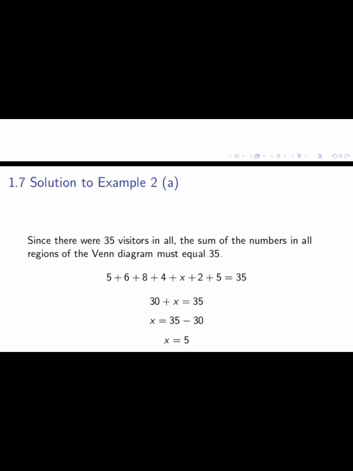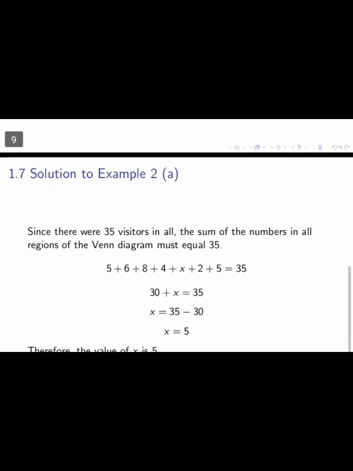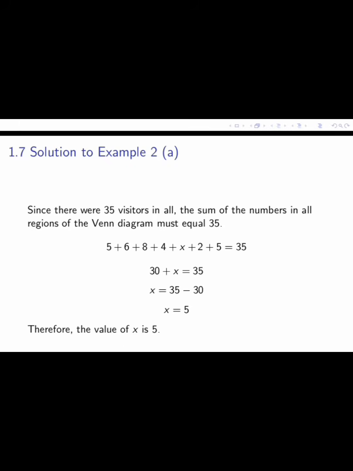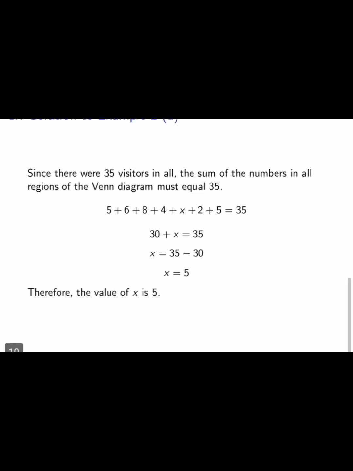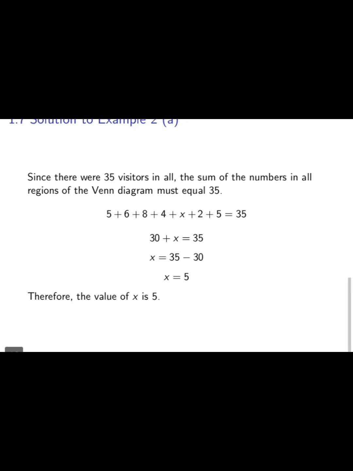If you read the question now, the Venn diagram shows the choice of food of a number of visitors to a canteen. Use the information to answer the following question. If there were 35 visitors, find the value of X. So we have people that ate rice, people that ate plantain, people that ate yam. Now locate the intersection. The intersection is 2. It simply means that it is only 2 people that ate